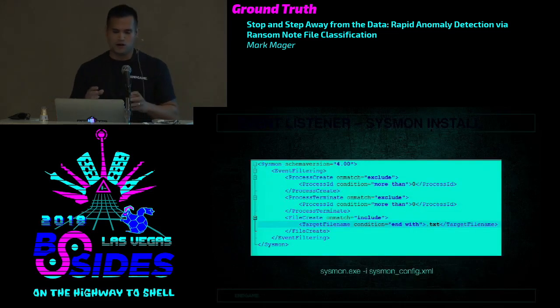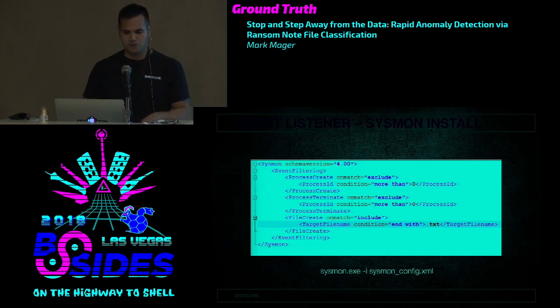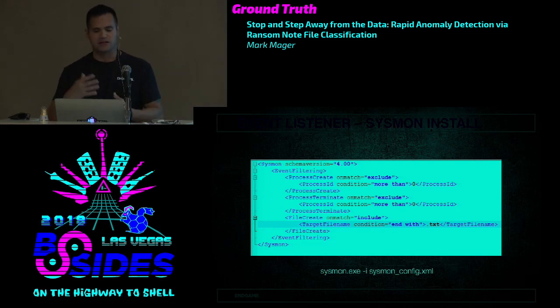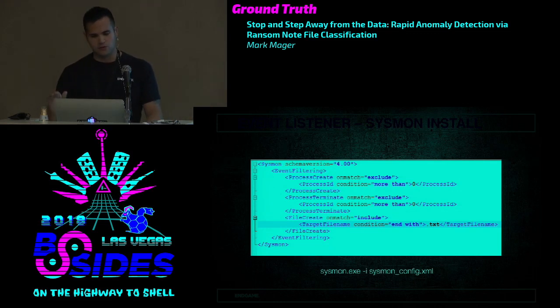In order to reduce the noise that Sysmon creates, because if you ever installed Sysmon and queried the logs with just default settings, there's going to be a lot of noise in there, I created a very simple stripped down config file to eliminate any process creation and termination events, and limit the file creation events to only .txt files.